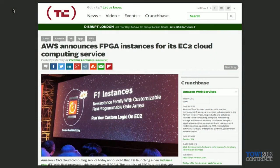Now the title of this talk is FPGA Microservices on off-the-shelf hardware. So I was going to discuss some PCI card solutions, which if you have a data center, you can put a card into a network server, and it will actually take over the network connection. I'll go into that a bit, but what's really exciting, yesterday this article came out that